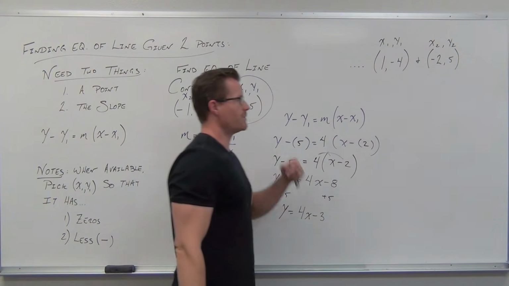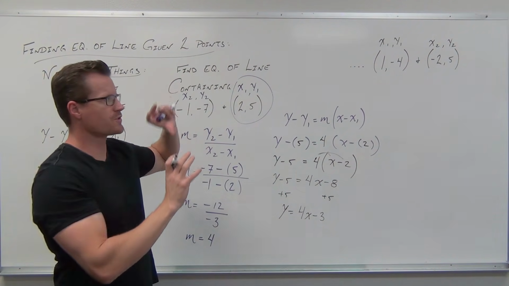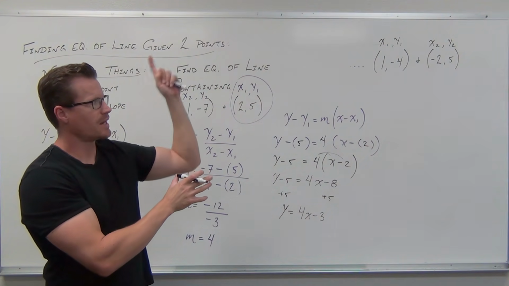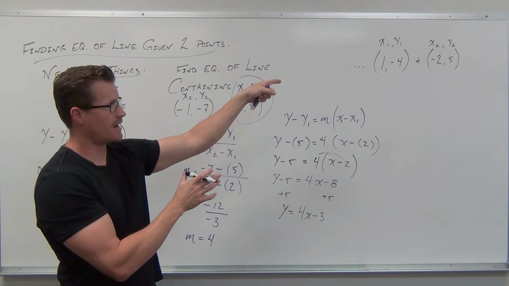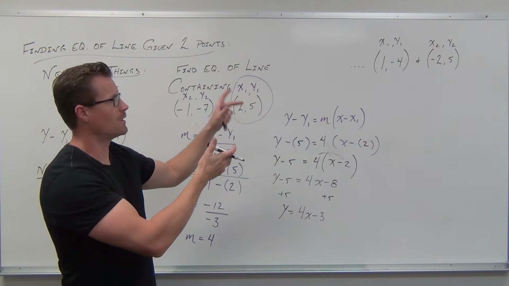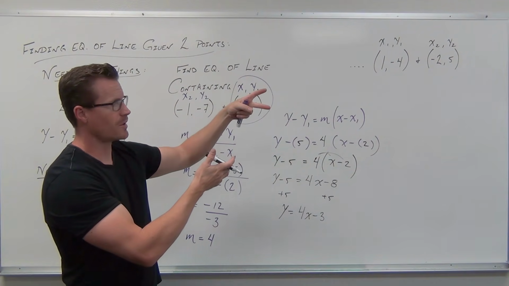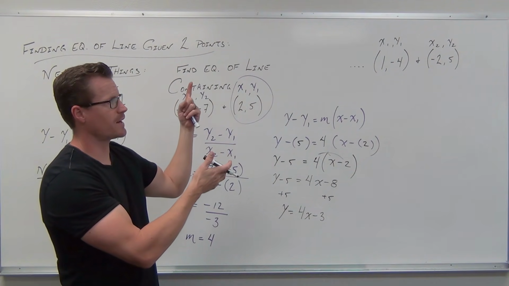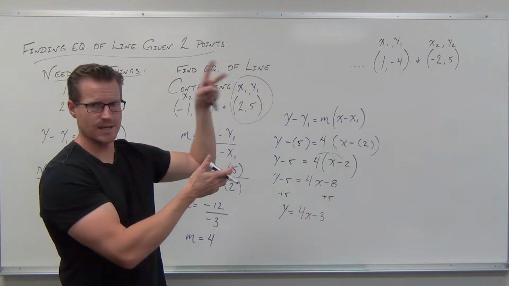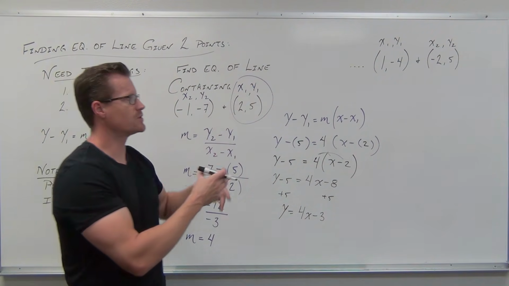So as we're going through it, my logic is I'm forced to find the equation of a line. I know that I need 2 things, a point and a slope. Points are always given. I have 2 points. So I'm picking one of them with less negatives. That doesn't really matter here. I need to be given the slope. I'm not. Or I need to be able to find it from an equation. I don't have one. Or I need to be given 2 points. Oh, that's it. So if I'm given 2 points,